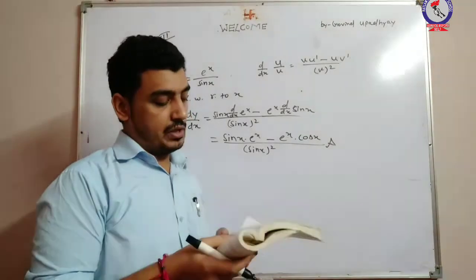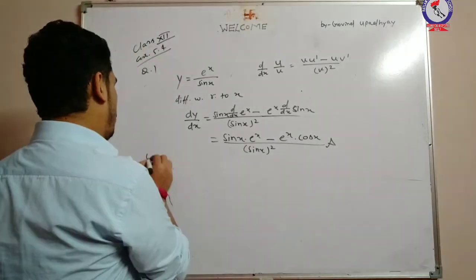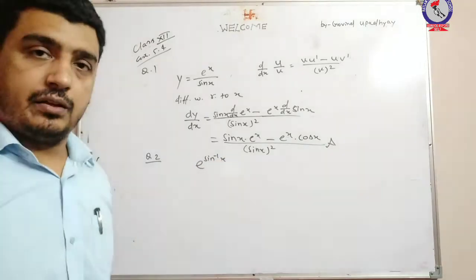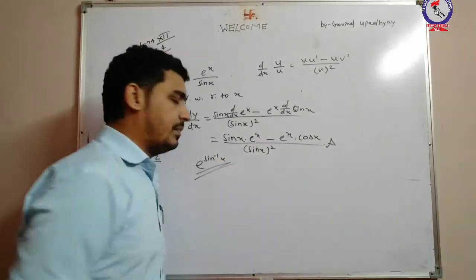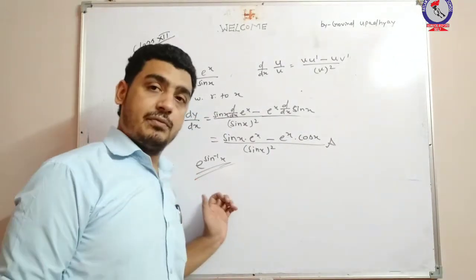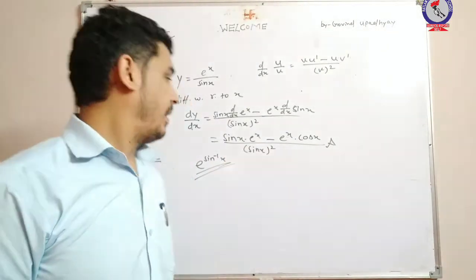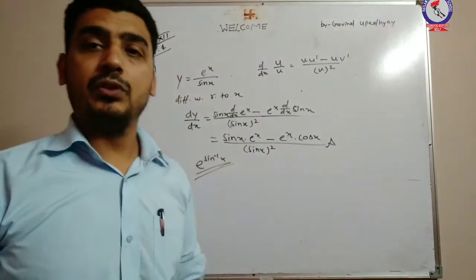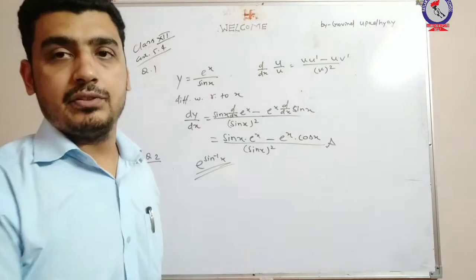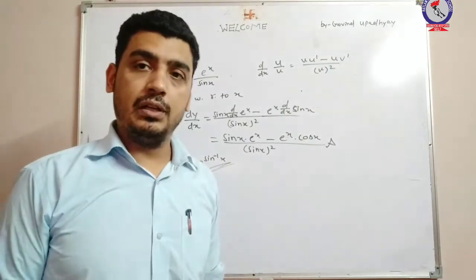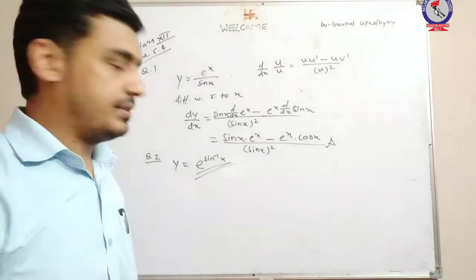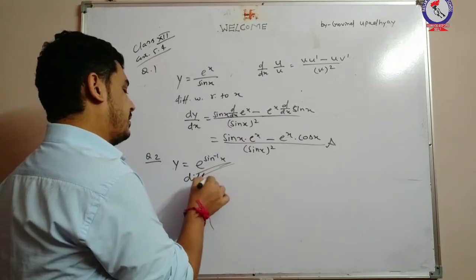So let's consider the second question. Question number 2. e to the power sin inverse x. Again, this is in the form of e to the power some function. This means first function की power में second function. अगर हम कहें कि एक तरह से composite function है ना, एक function के अंदर दूसरा function है, मतलब e to the power x की जगह sin inverse x है. तो first या तो आप चेन रूल से सॉल्व कर लीजिए इसको, या फिर हमने जो तरीका सीखा है वही. y is equals to e to the power sin inverse x, differentiating with respect to x.